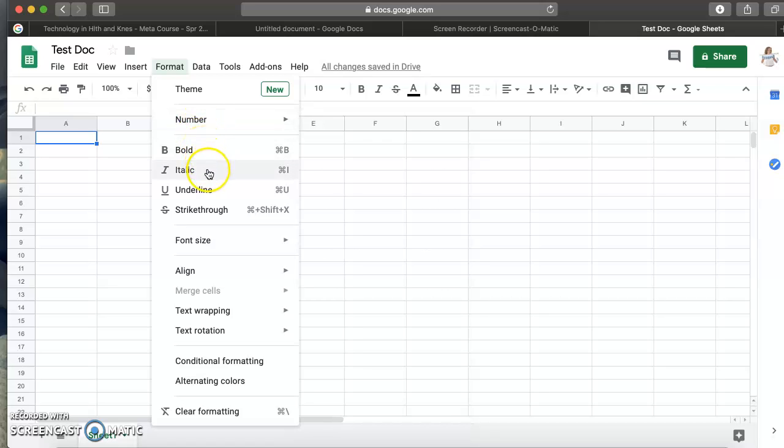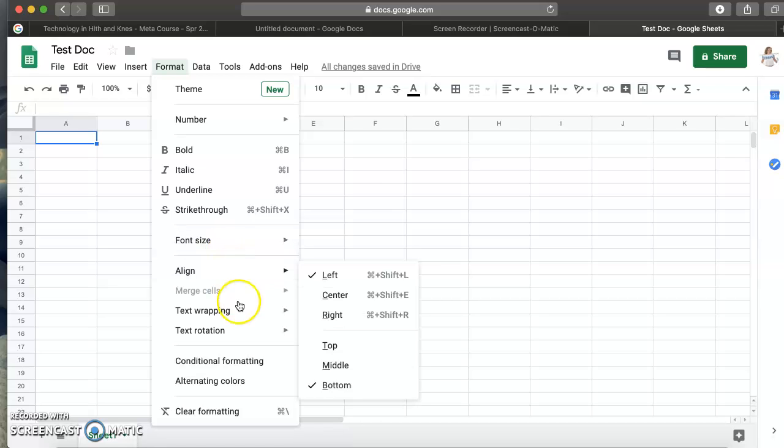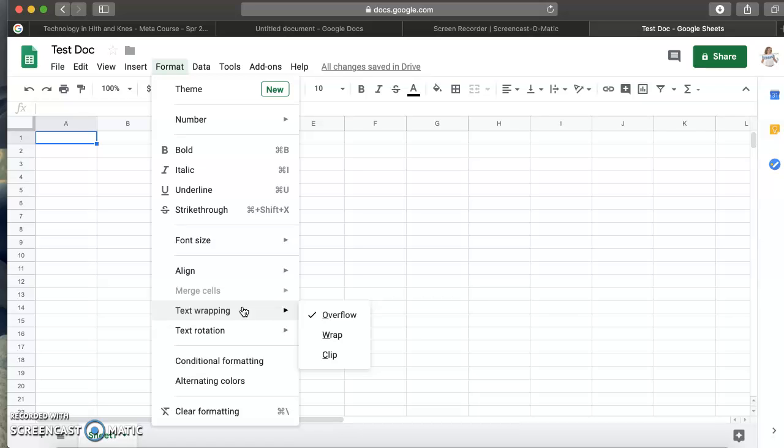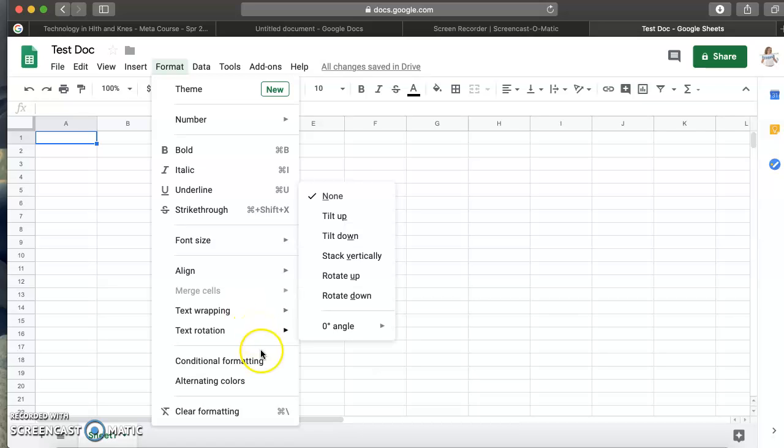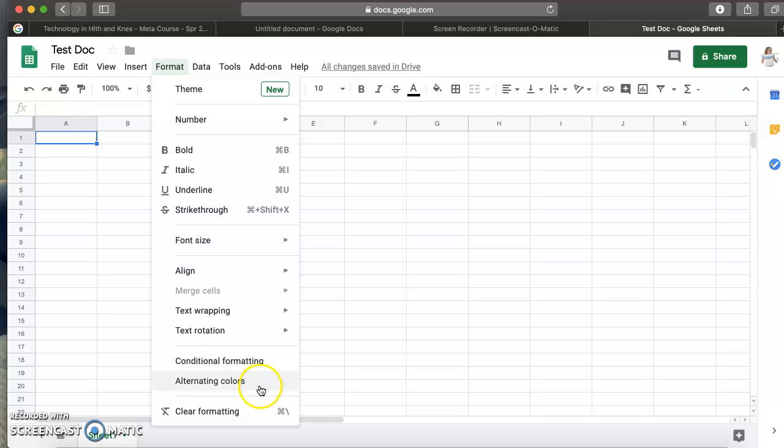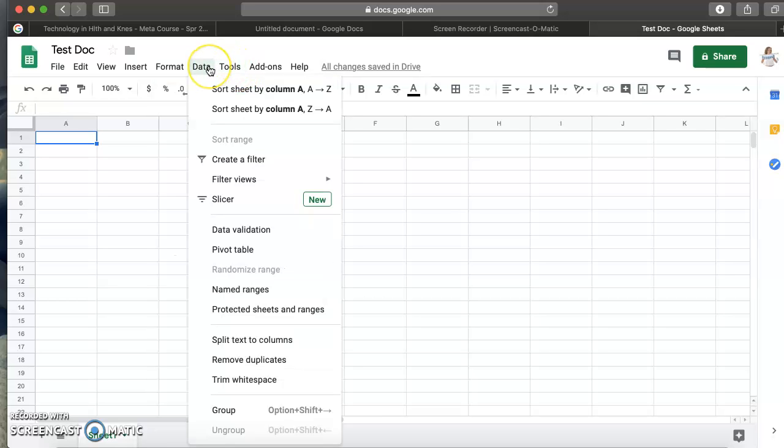You're going to have your bold, italic, underline, strikethrough, different font sizes, how you want it to be aligned. You can merge cells. There's text wrapping. If you had an image or a chart in there, a text rotation, conditional formatting, alternating colors, or you can clear formatting. Different data, you can sort the sheet, you can create a filter, there's a slicer, data validation, you